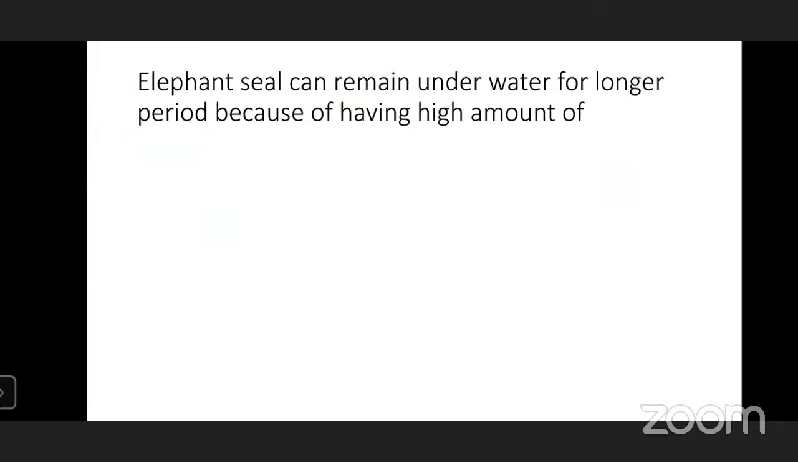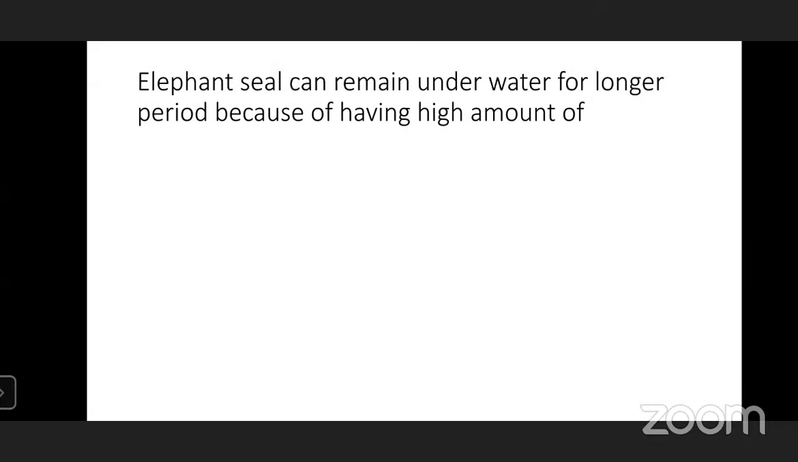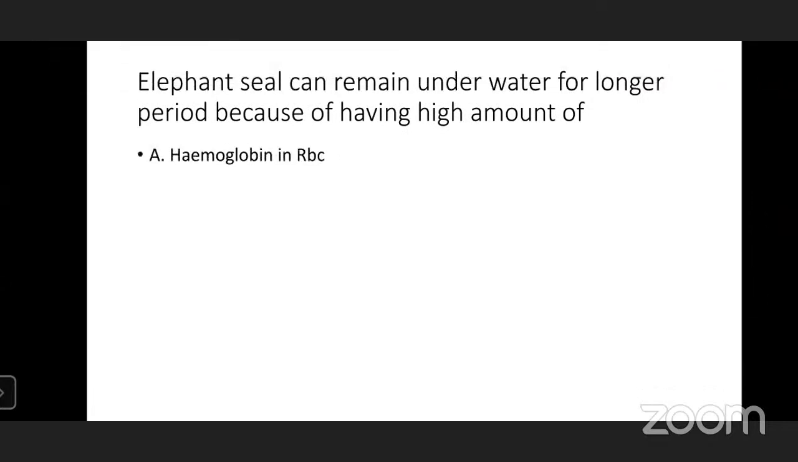Next, elephant seal can remain underwater for a longer period because of having a high amount of. So elephant seals are mammals which live in the water, but they come to the surface of the water for the process of respiration, because they have to take atmospheric oxygen only. They cannot take the dissolved oxygen. Okay. So hemoglobin in RBC. So they can remain underwater for a longer time because of the presence of